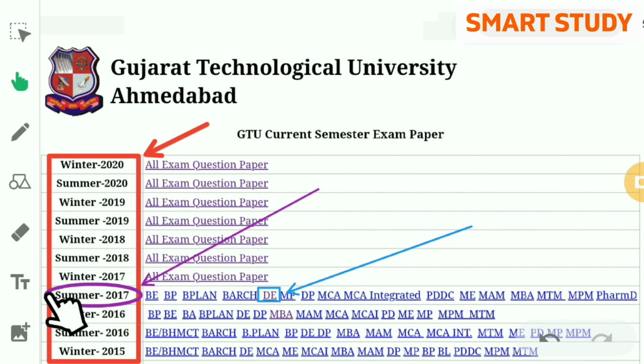If you want to download the paper of the remaining years' exams, then first of all you have to select your course. Suppose you want to download the question paper of the FME subject in diploma engineering in summer 2017, then in summer 2017 click on DE.